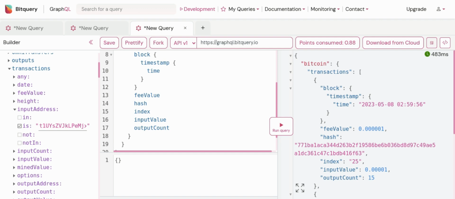Now, real use case for queries like these could be building an investigation service or tool, just like Money Flow